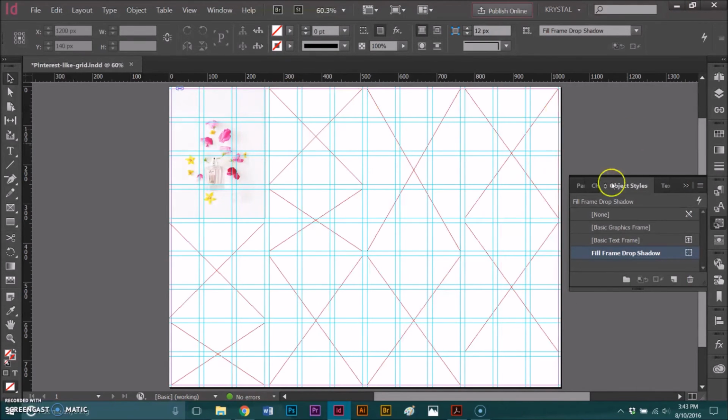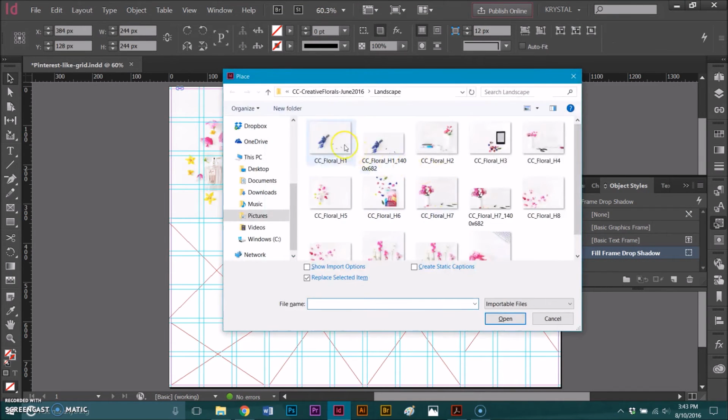And so what I'm going to do actually, just to speed things up, is I'm going to select all these frames and then just go ahead and apply the object style to those frames. And I'm going to do the same thing over here with these two, apply the object style. So now I should be able to just go in, find an image that I like,